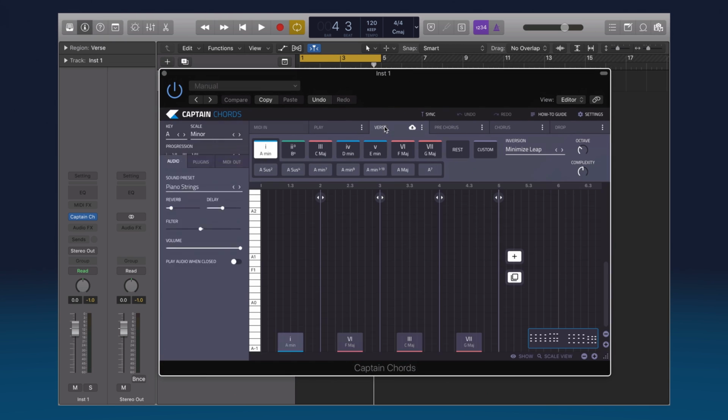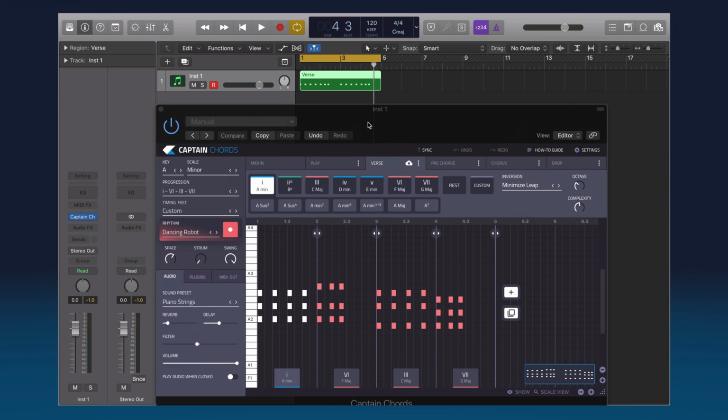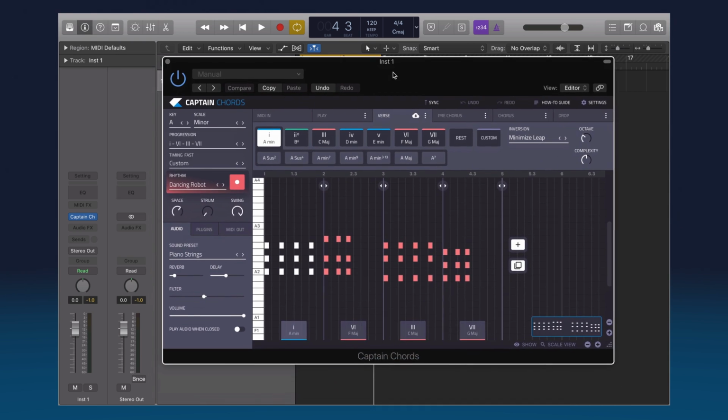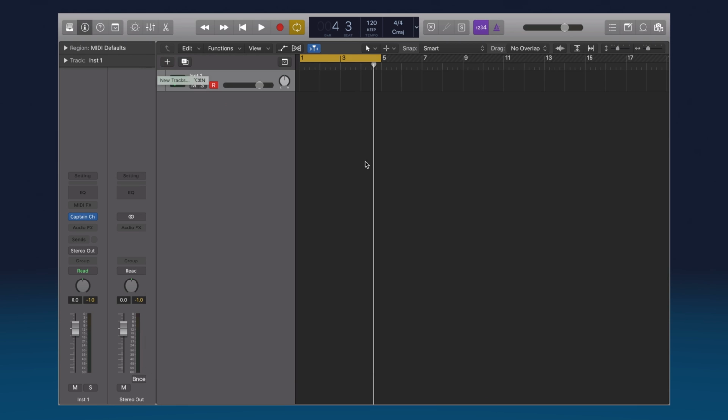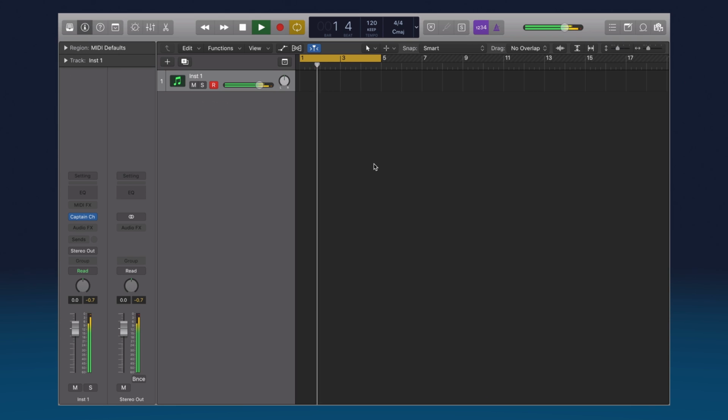However, if you don't want to do that, you can switch to verse. You can take this away, and you can just switch this to on, and then you can see Captain Chords is still playing even when the plugin window is closed, which is really useful.